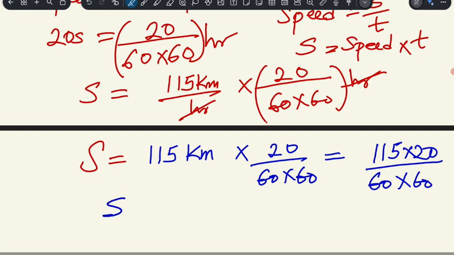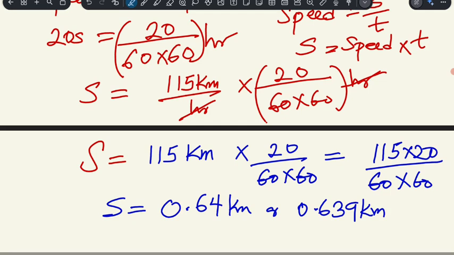So by the time we divide both sides, we still have one unit, which is a kilometer. So we have 0.64 kilometer, or 0.639 kilometer. Sorry for that. When you use a calculator, you will get 0.639 kilometer. So that is just the meaning of